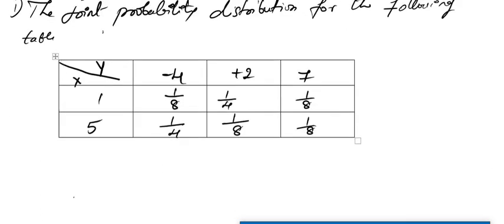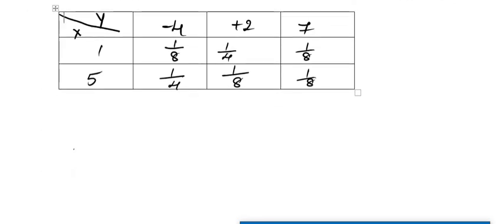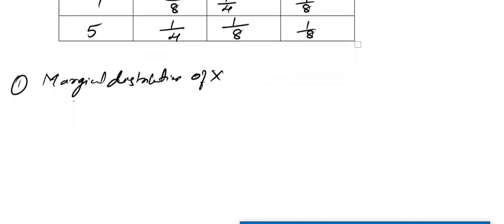Here we have a simple question to help you understand the concept. They have given the joint probability table, X versus Y, and they have asked a series of questions. We'll start solving the questions one by one. The first one is the marginal distribution. Already in our definition we have defined the marginal distribution. If you're solving for X, remember your summation will be taken over Y. If you're solving for Y, the summation will be taken over X. When it comes to marginal, it's better to redraw the diagram.